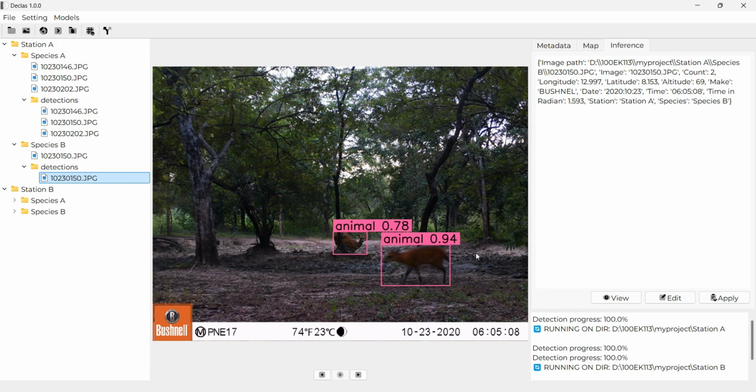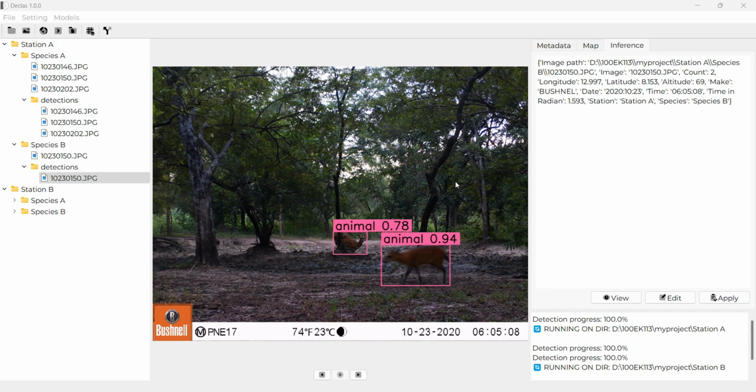Next we will see how you can run classification. For classification, what we've done so far is the same. What we need to change is the model we want to use for classification. But note that I am not sure the models available for use are in most cases suitable for our project, just because these models were not trained to classify our species correctly. It is why the last approach I showed you to run detection on multiple folders is very important.